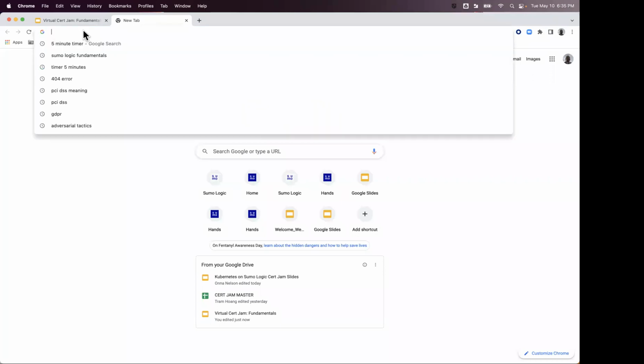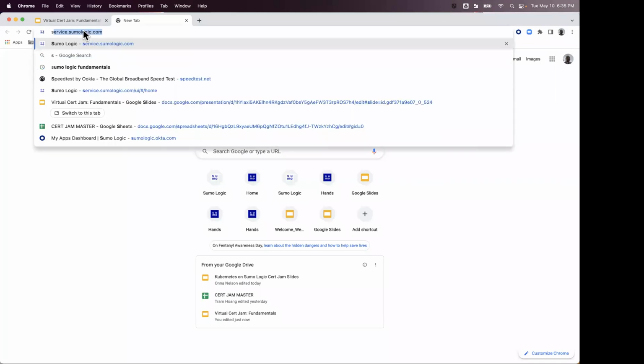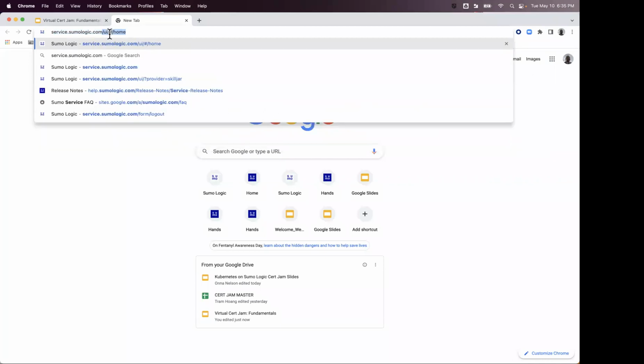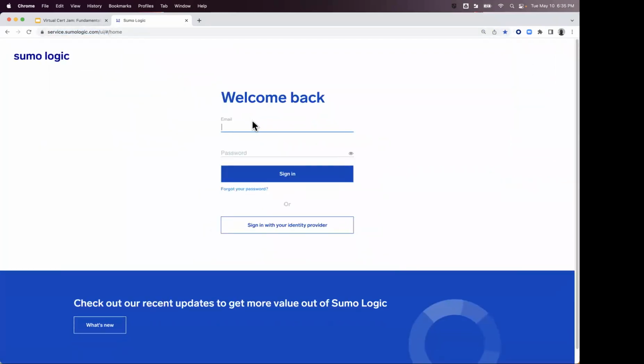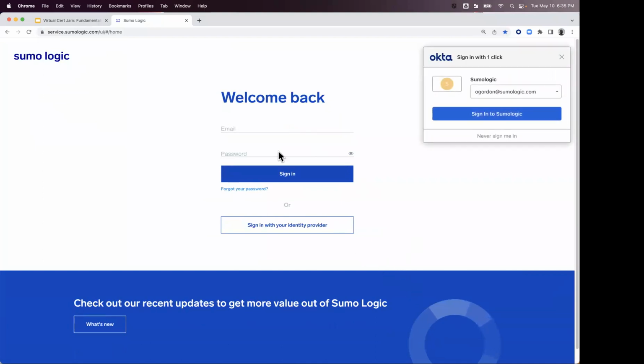You're going to open up a browser, and to get to our training environment, you're just going to type in service.sumologic.com. Let me do it first, ladies and gentlemen, so you can see what's going to happen. Once you type that in and get to the actual login credentials, you're going to type in training